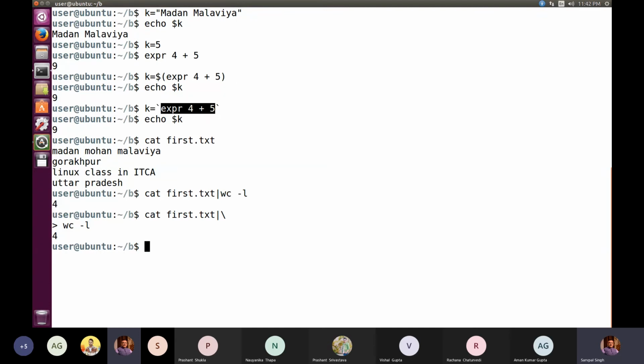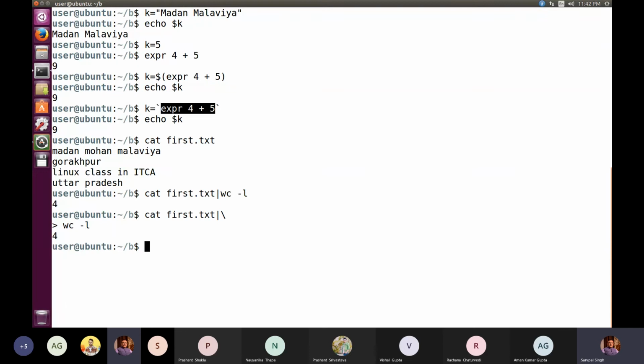Because if we press the enter key, enter is considered to be the completion of the command on the command line. Because of that, when I press enter, the command is considered completed and it is executed. But when I write this backslash, that means I am still continuing the command. So the next character which I press, like enter, will not have its usual meaning. When I press enter, my cursor moves to the next line, but it does not cause the current command to be executed.